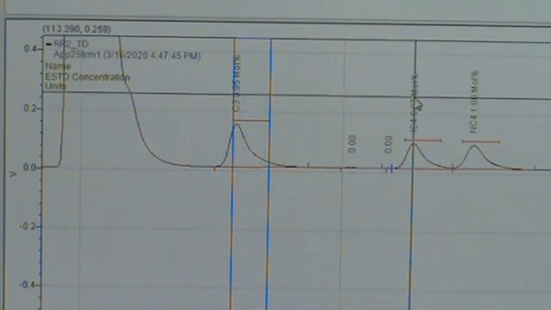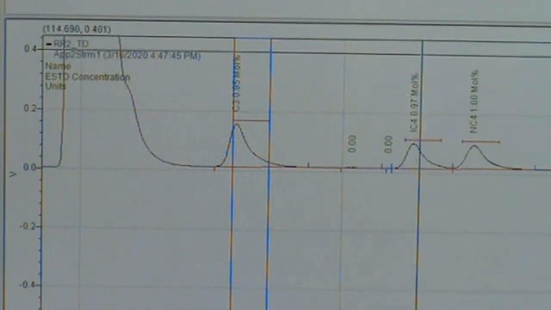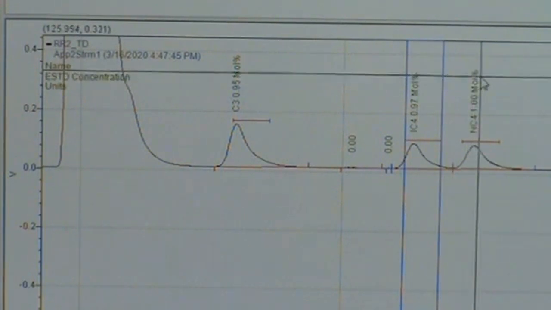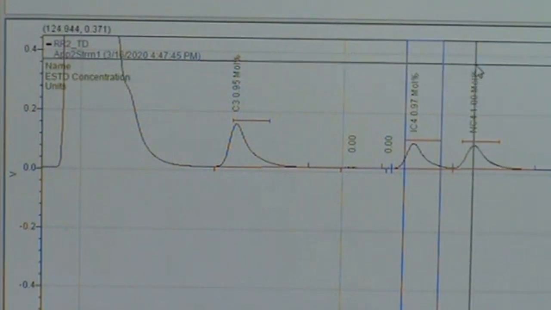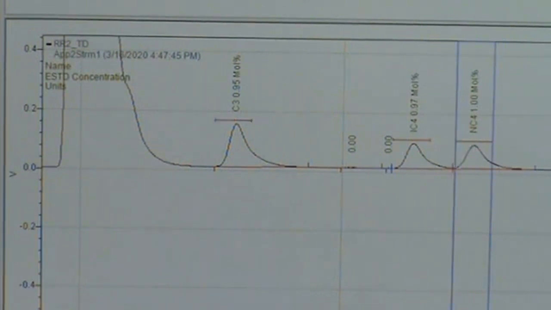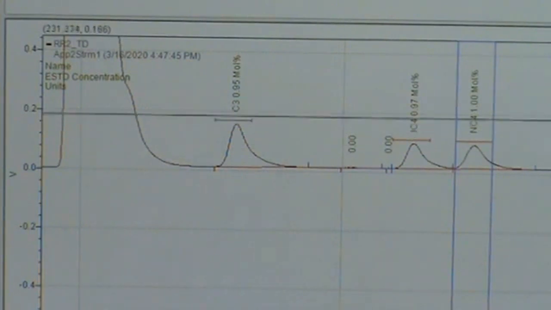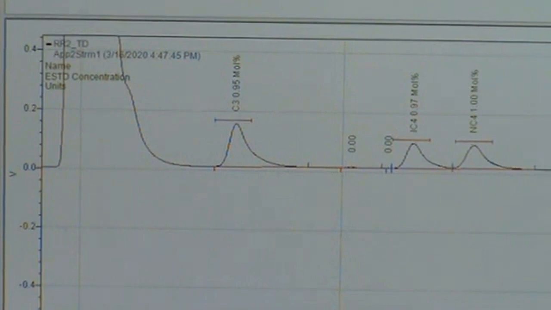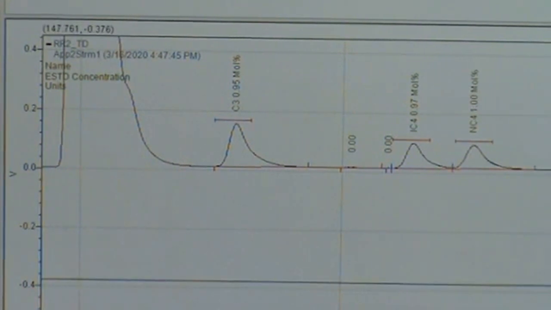We got a 113.3. And we got a 125. And analyze. Hey, pretty. Analyze. All right, so now all of our peaks,